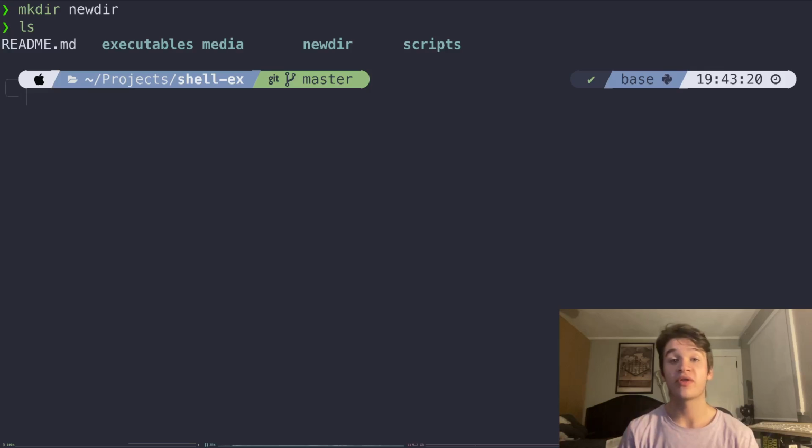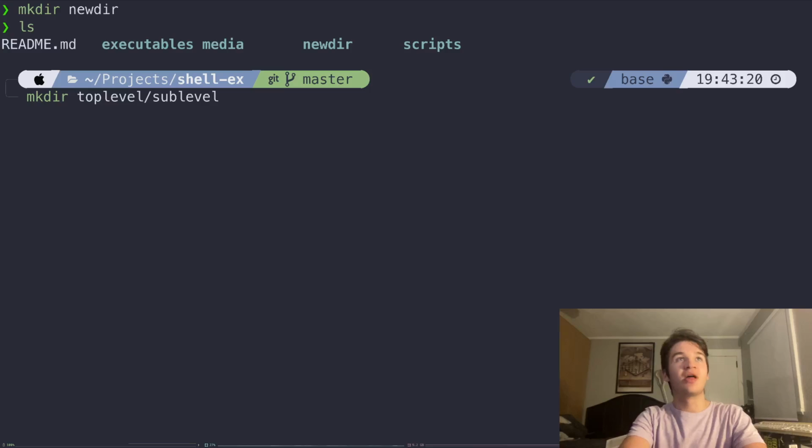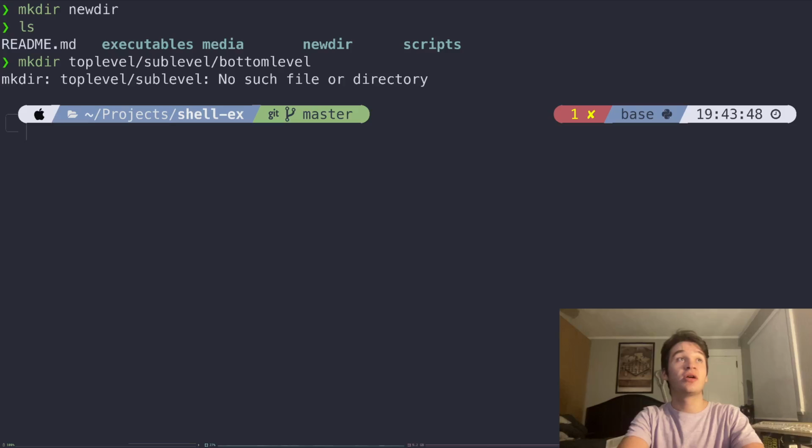There is one other thing that is very useful, because let's say we wanted to create a bunch of empty folders inside of other empty folders that don't exist yet. So if we wanted to mkdir, let's say we wanted top level, sub level, bottom level. We wanted all of these to be created. If we were to go ahead and run that, then we could see we have a problem, because since the sub-level folder doesn't exist yet, since actually none of these directories exist yet, we're not going to be able to